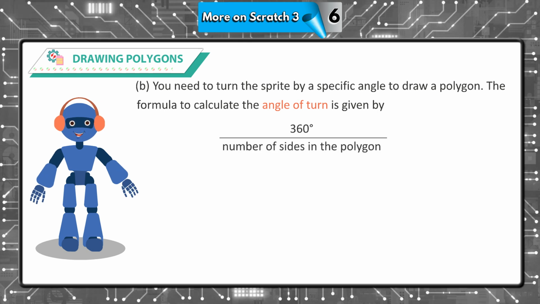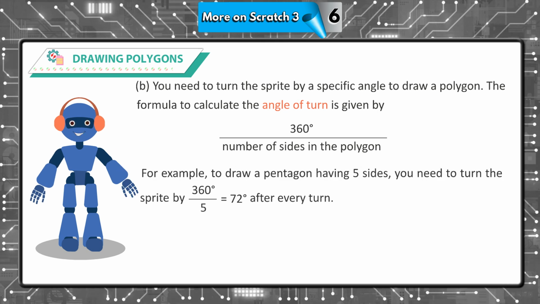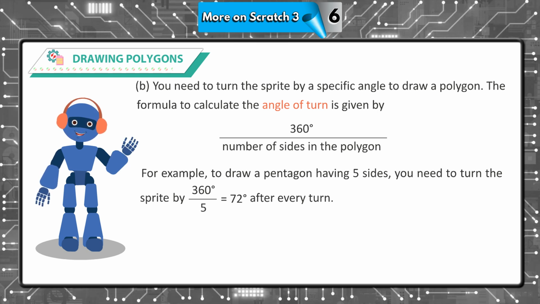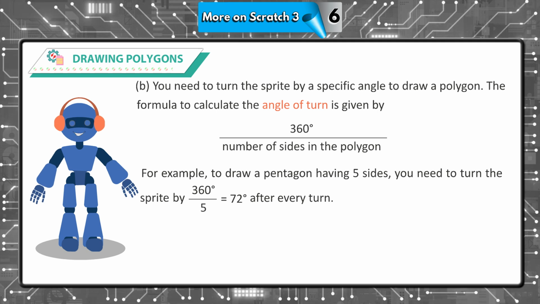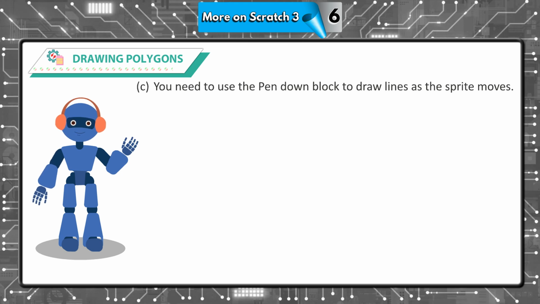360 degrees divided by the number of sides in the polygon. For example, to draw a pentagon having 5 sides, you need to turn the sprite by 360 degrees divided by 5, which equals 72 degrees, after every turn. You need to use the pen down block to draw lines as the sprite